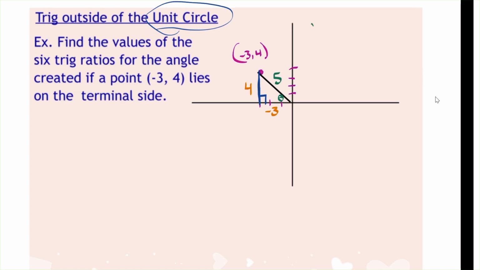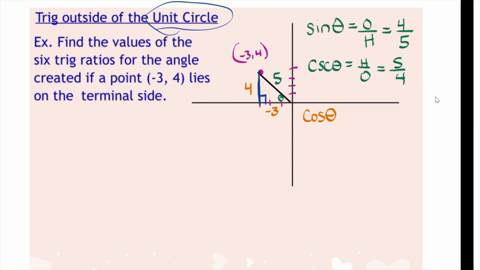So if I do the sine of theta, we know it's opposite over hypotenuse. Opposite of this angle, if I go across my triangle, I get 4. So opposite of the triangle, I get 4, and the hypotenuse is 5. Right away, I'm going to do cosecant, which is the reciprocal of sine, h over o. So that's going to be 5/4. So I take care of those two right away. If I do cosine